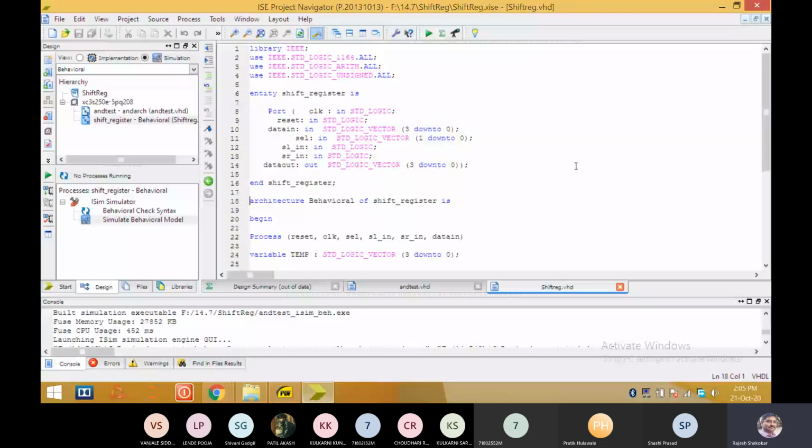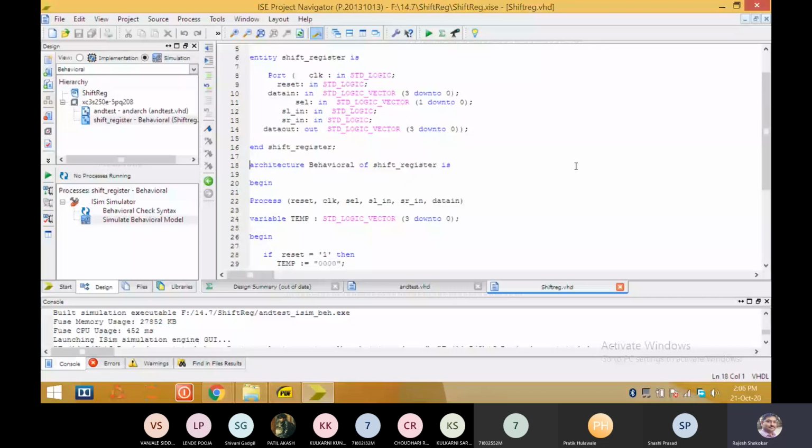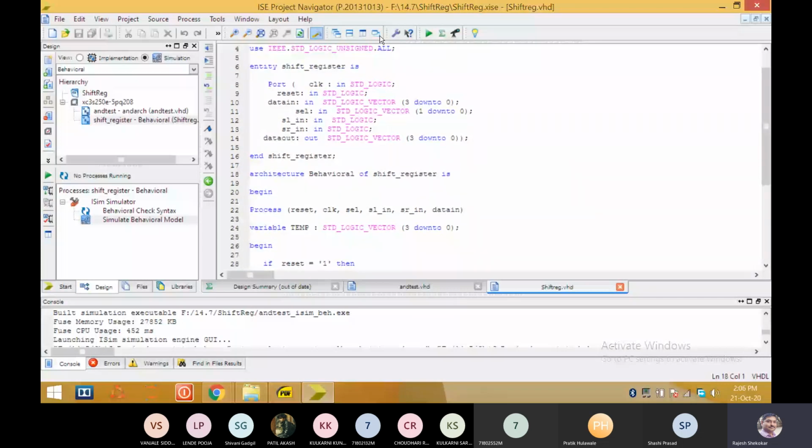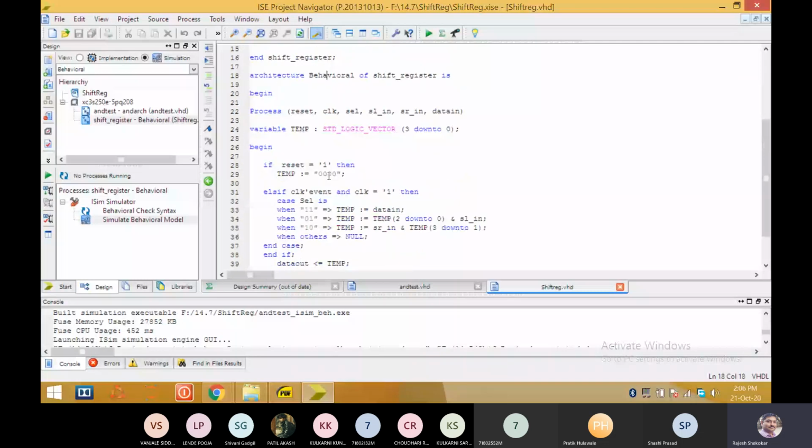It is expected to write this code from you people. So you go for the wizard, and in wizard you select the input output ports like this. After that you will get all these things ready made up to this begin. This part you will get by the software only. No need to write this. After that, process statement you have to write. But in process statement you have to mention these entities, say input lines, which are actually